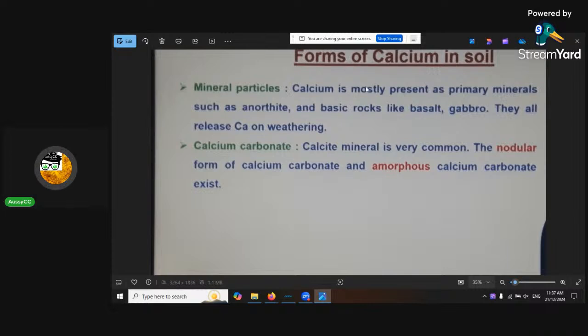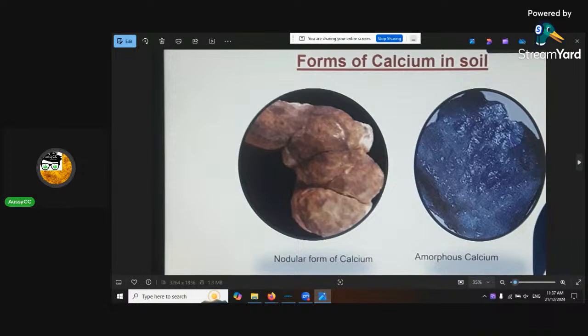Forms of calcium. Calcium is most present in primary minerals, such as the ones I've already been through, and calcium carbonate is very common. The nodular form of calcium carbonate and amorphous calcium carbonate exist. Okay, that didn't really, I should have skimmed through that. That's what they look like. If you want to go mining and digging,